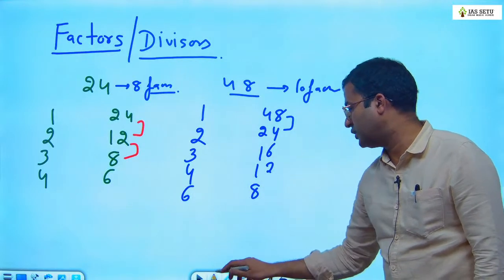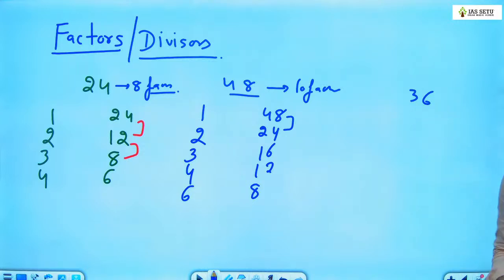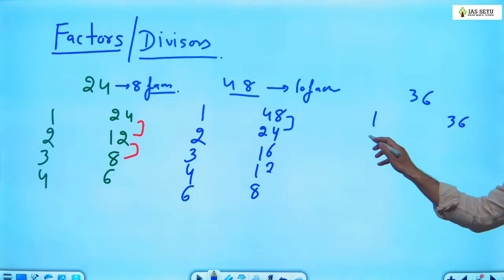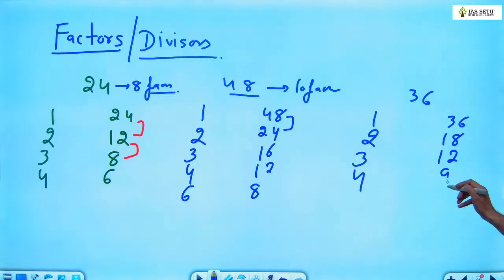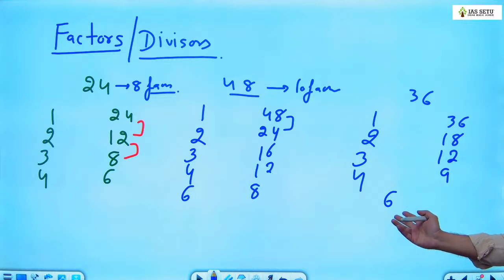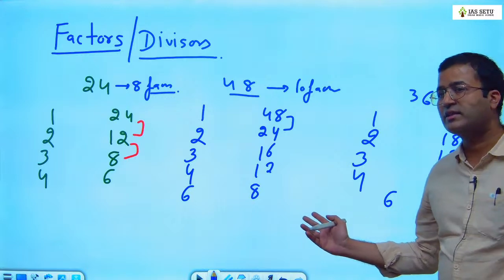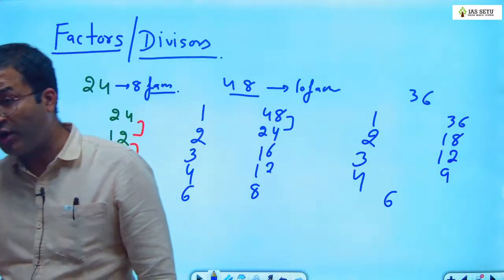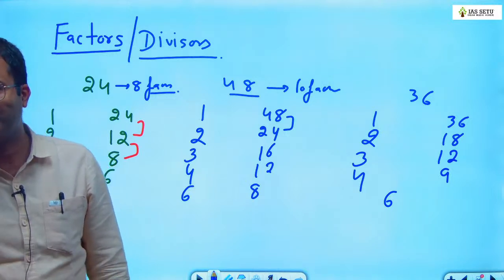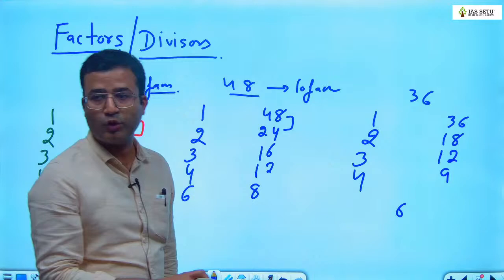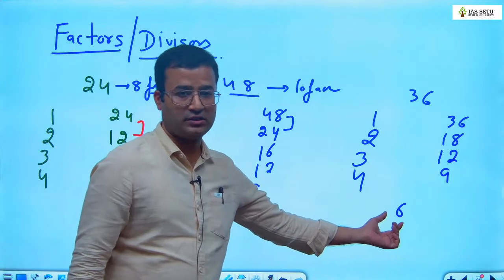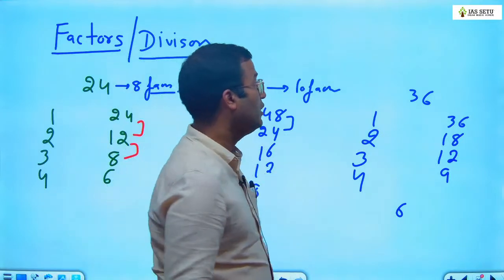I take one more number 36. 1 makes pair with 36, 2 makes pair with 18, 3 makes pair with 12, 4 makes pair with 9, 6. 6 makes pair with 6 only. जोड़ी तो यहां भी है बट दिस इज द कंसेप्ट ऑफ सोलोगैमी, अगर किसी को पता हो तो। गुजरात की लेडी थी, वो सिर्फ खुद से शादी कर और वो हनीमून भी बना के आई, और आप दिल्ली में बैठे हो अकेले। तो ये सोलोगैमी वाला कंसेप्ट, 6 का पेयर 6 के साथ ही है, बट सिंस इट इज द सेम नंबर वी हैव टू काउंट हाउ मेनी फैक्टर्स आर देयर, 9 फैक्टर्स 36 के हैं।